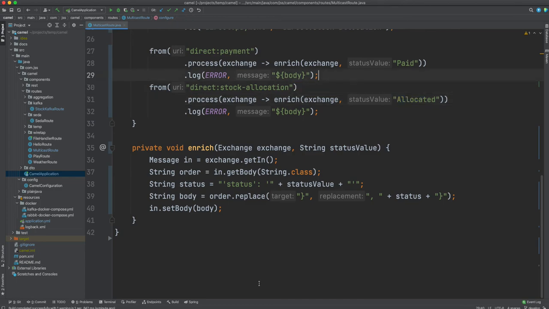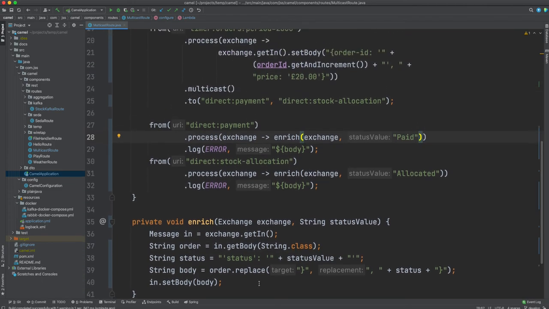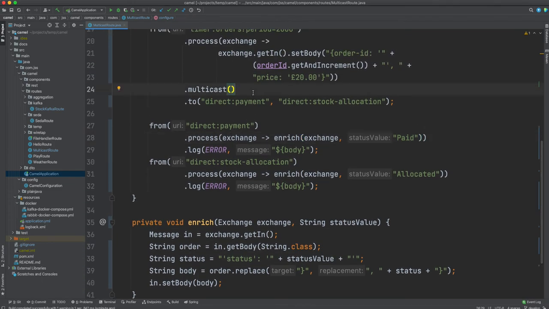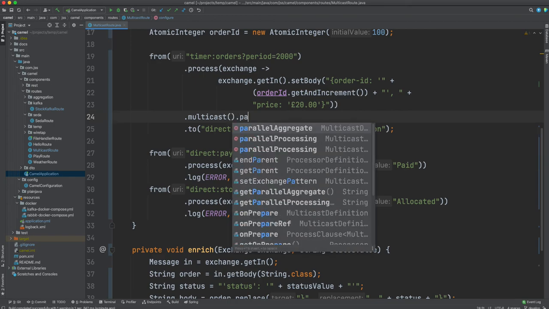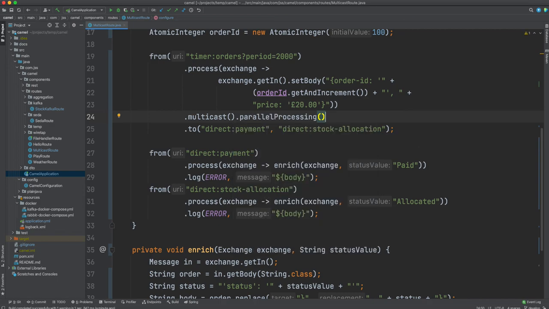One thing which you can do again if you're thinking of using this pattern: right now this thing is happening in sequential order, i.e., even though Camel will be sending a fresh copy to these endpoints, things are still happening in a sequential manner. What you can do is ask it to do parallel processing. What's going to happen is you will remove those bottlenecks, because now if there is a delay in this route, the next route will only be invoked once this one is finished processing.